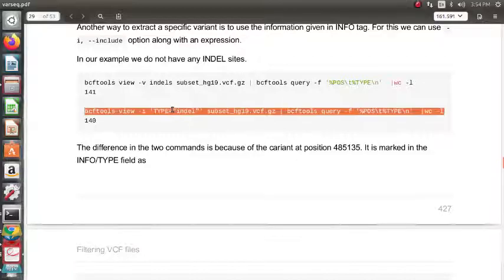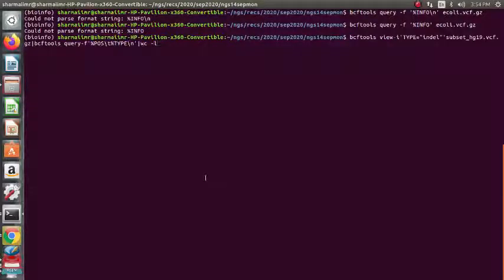Let us check the type in this command. That's what I wanted to emphasize. So this command, bcftools view -i 'TYPE="indel"', this should be in single quote, and this is equal dot vcf dot gz, and pipe. We'll give pipe and then the rest of the command.